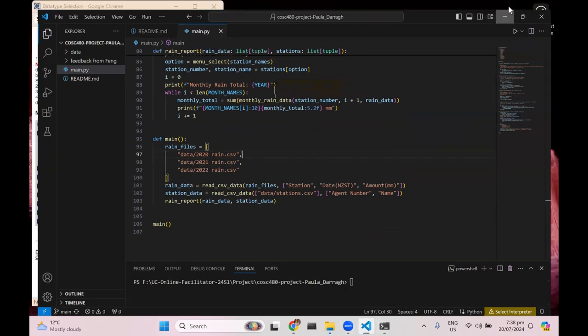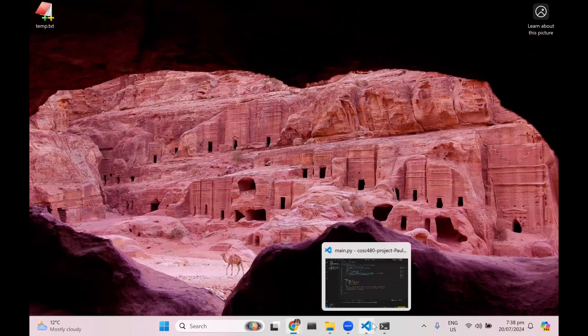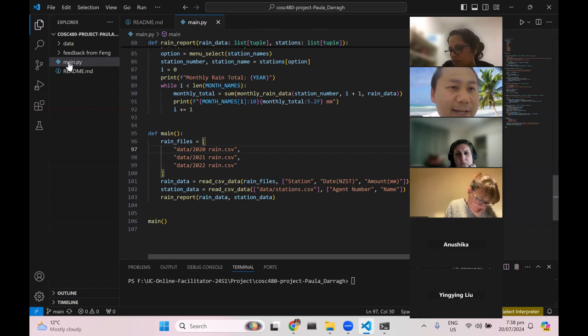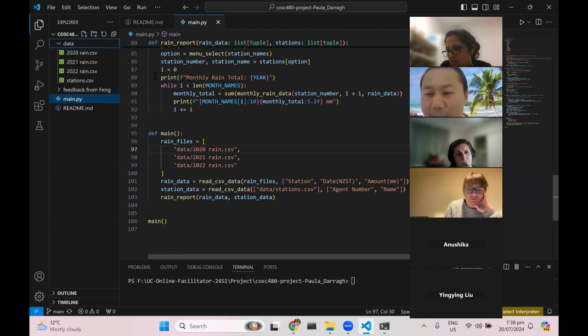So from now on, please use relative path, not absolute path. Relative means relative to main.py. The 2020 CSV is data/2020.csv. Please don't use absolute path. Otherwise, for example, you finish your project and you submit it to me, and if you use absolute path, I will have